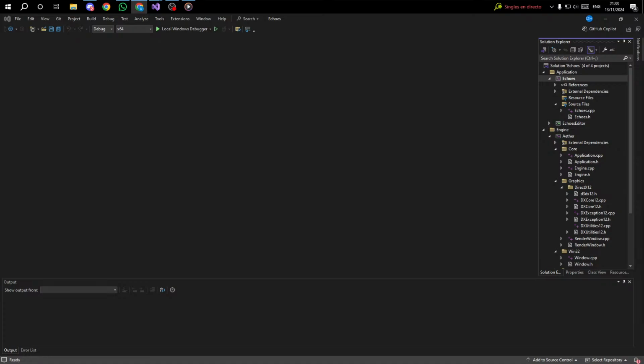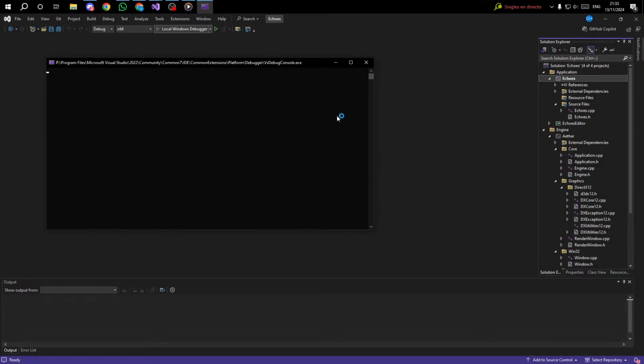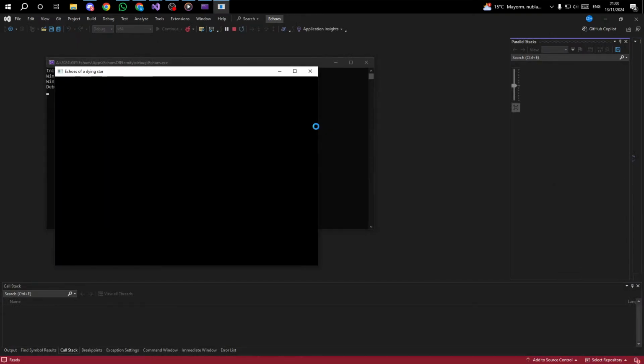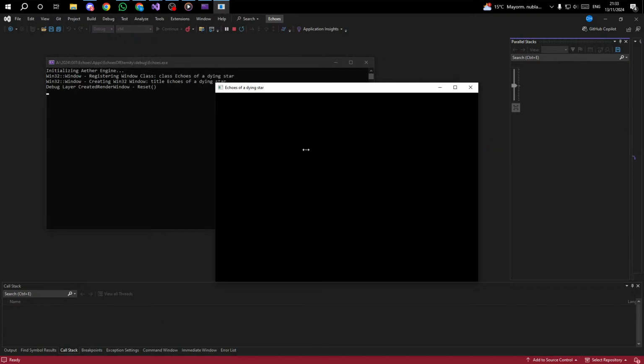Right, okay, so this is going to be a quick stream tonight. We left last night's stream with the ability to open DirectX 12 into a window, and we haven't used it very much at the moment. We've just initialized it and we have gone from a pink window to a black window. So we've got our black window here, we're resetting here,